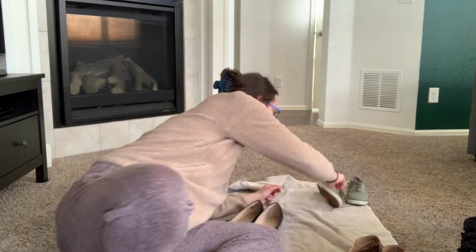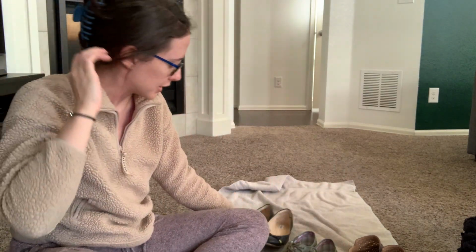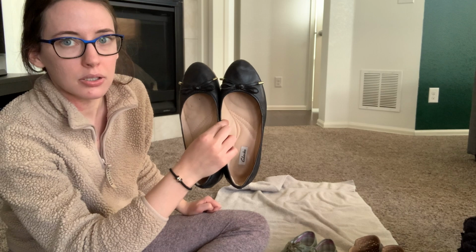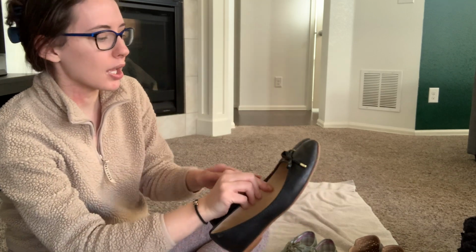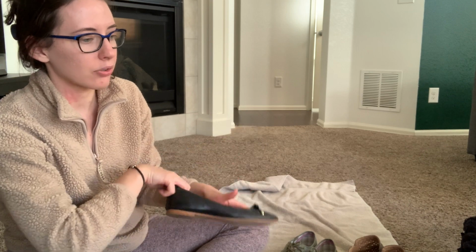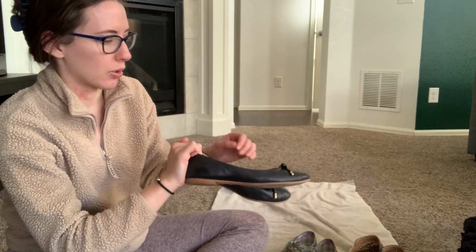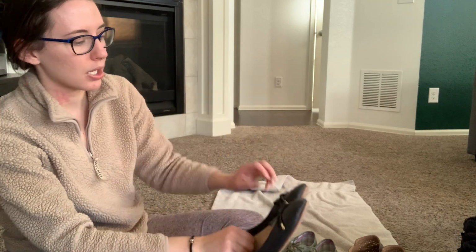Two more, and then I'll show you the final results. I might do a second pass, we'll see. Okay, I have a pair of black flats, and you might be thinking, yes, black flats, they go with everything, they're super easy. And I agree with you. I wear them with skinny jeans, I wear them with black slacks, I wear them with dresses, I wear them with shorts. But I'm thinking,